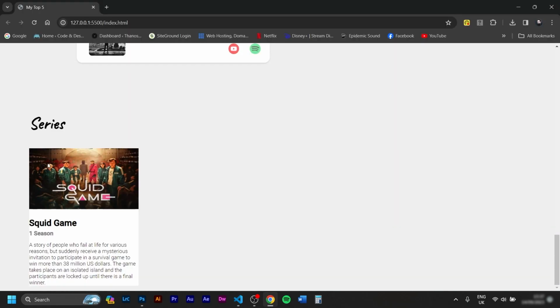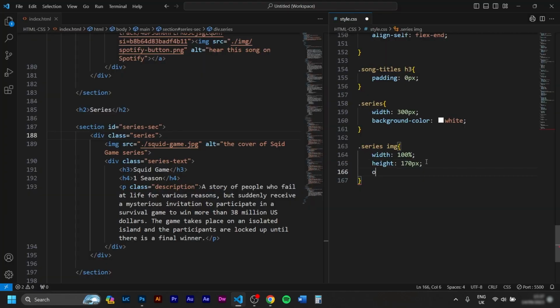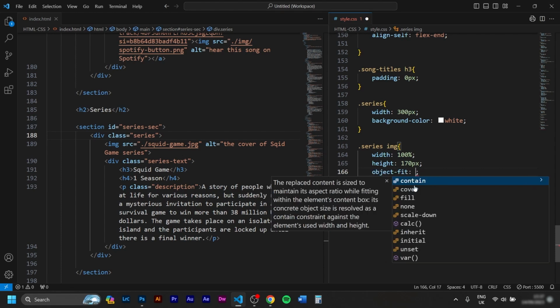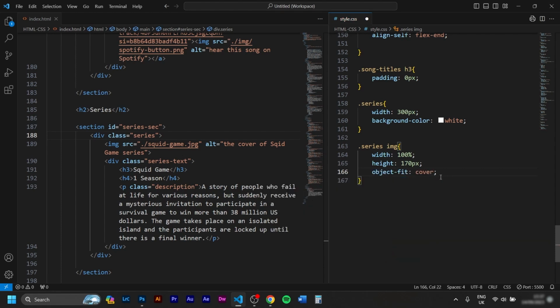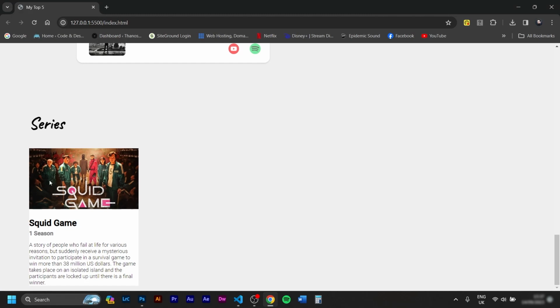Save. And now our photo is distorted. And we said earlier we never want to distort any photos. So let's see how we can keep this size without distorting it. What we want to do is object-fit, and we have some options here. We'll do cover and press save, and this way we see that our photo is automatically cropping up and down,